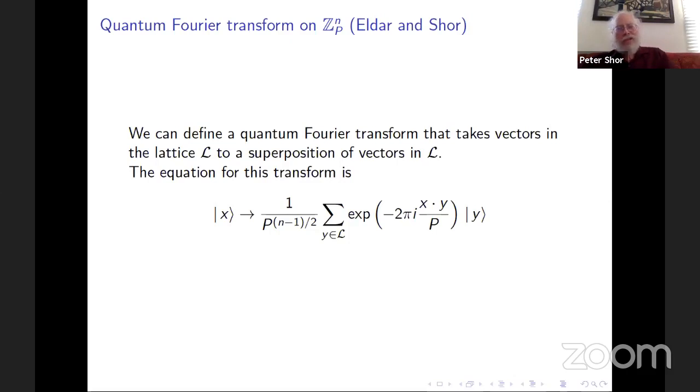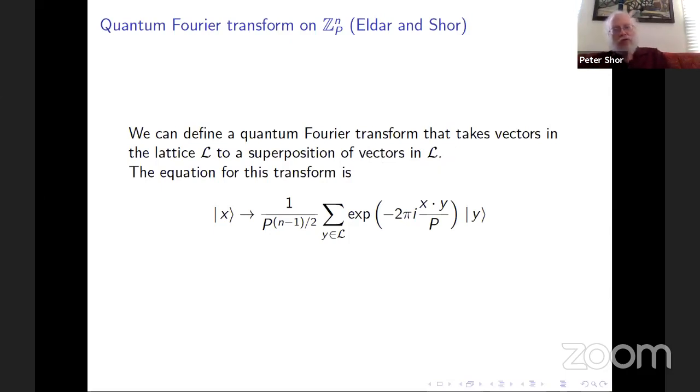But thinking about this quantum Fourier transform as a primitive makes this lattice work much easier to understand. So the quantum Fourier transform takes a vector in the lattice, and it takes it to a superposition of vectors in the lattice. So it maps the lattice to itself, and